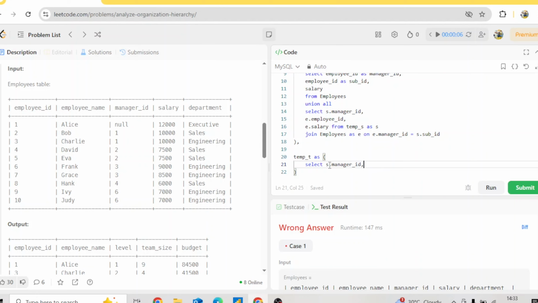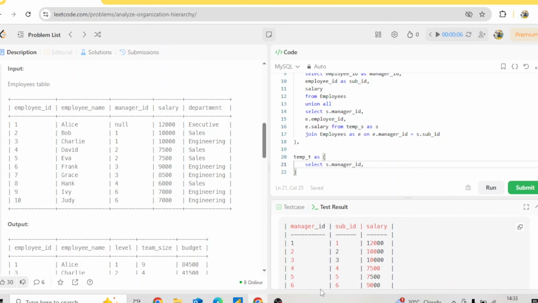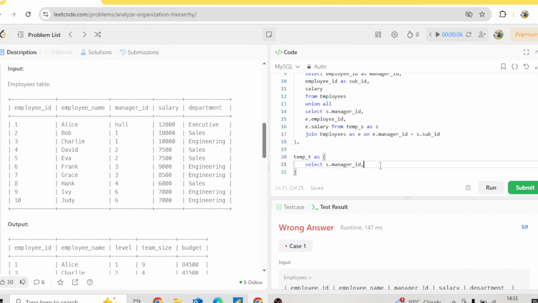Obviously s.manager_id will be mapped with temp_s, whatever we are getting from this table, right? So we need the manager ID from here. If we go down, we need the manager ID from here, right? Obviously manager ID is repeating every time. Okay, so we need the manager ID from here, and after that we need the count